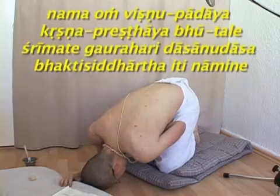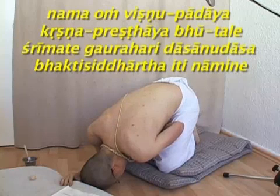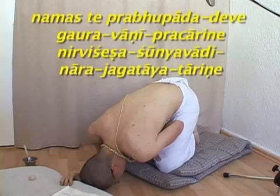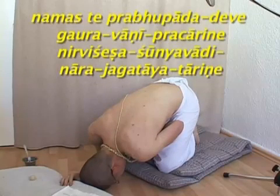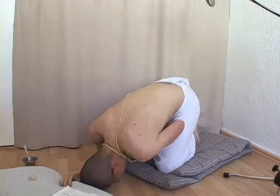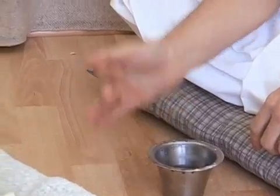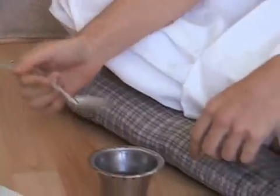First of all, you should be fresh from taking bath and shaving. Put on a gamsha, or a towel, and sit down facing north. You should be wearing your chanting beads and a sacred thread if you're an initiate. First of all, pay your obeisances to your spiritual master. Then wash your left and right hands with water from the Acamana patra, the little metal vessel filled with water,